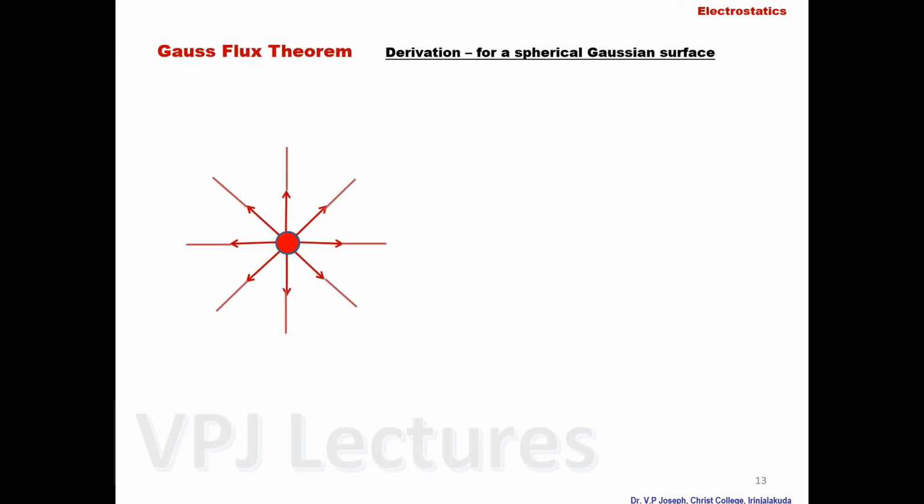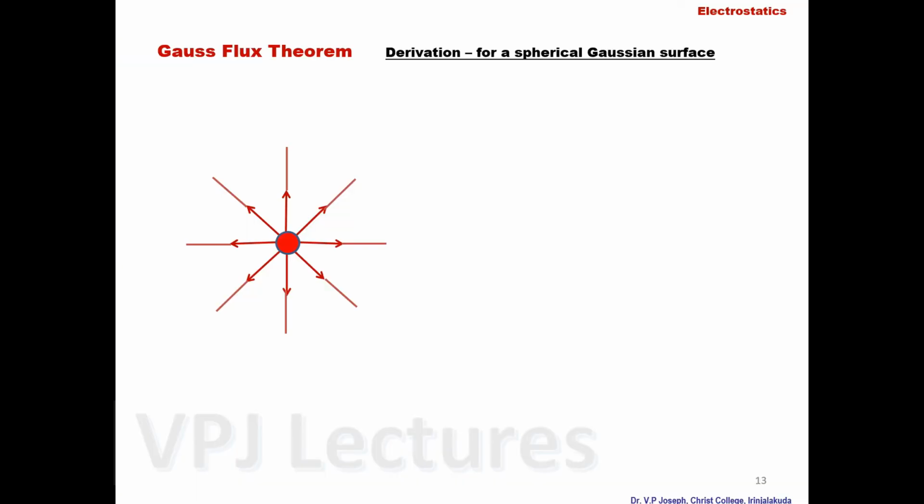Now let us consider the derivation of the Gauss flux theorem by considering a Gaussian surface. Initially we consider a spherical Gaussian surface, and then we will derive the integral form of the expression. Then we will consider an irregular shaped Gaussian surface. In that case also we will derive the expression for the integral form of the Gauss flux theorem. Okay, so first consider the